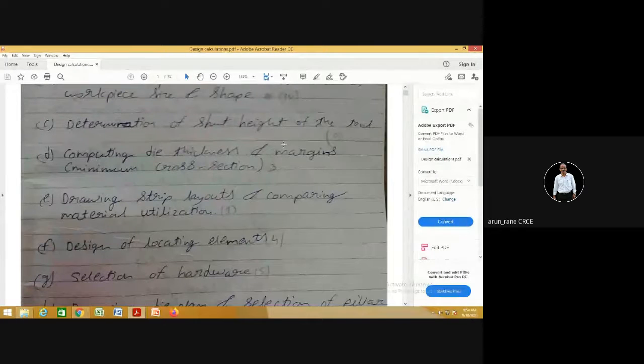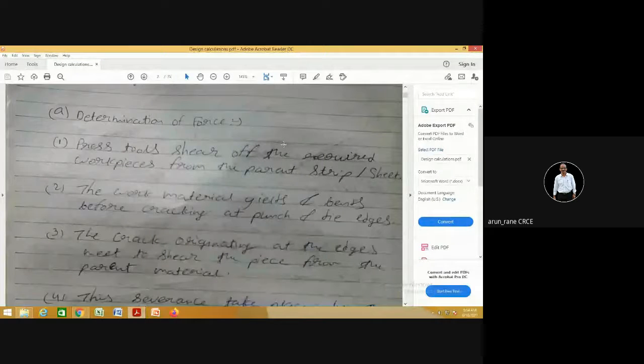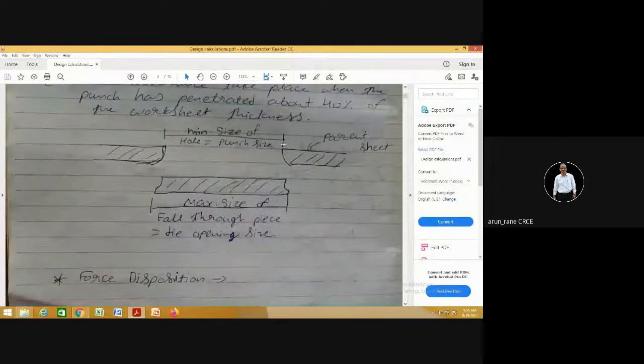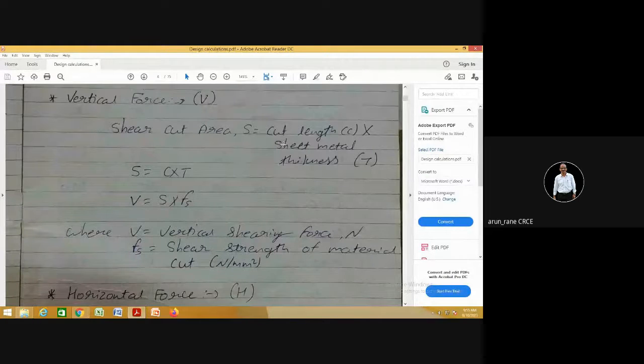Earlier, as per the old pattern, we used to have a 20 marks question. So in 20 marks we used to have a 2 station or 3 station die. So how to determine the force? So force determination, force disposition, then what are the forces in shearing, what is the vertical force, how to calculate